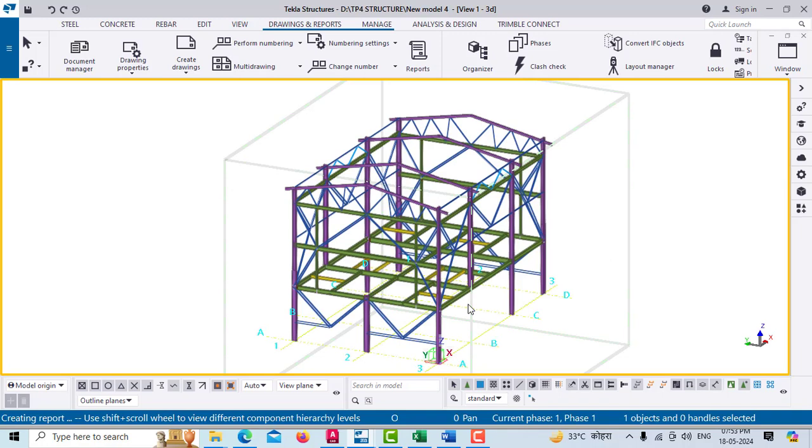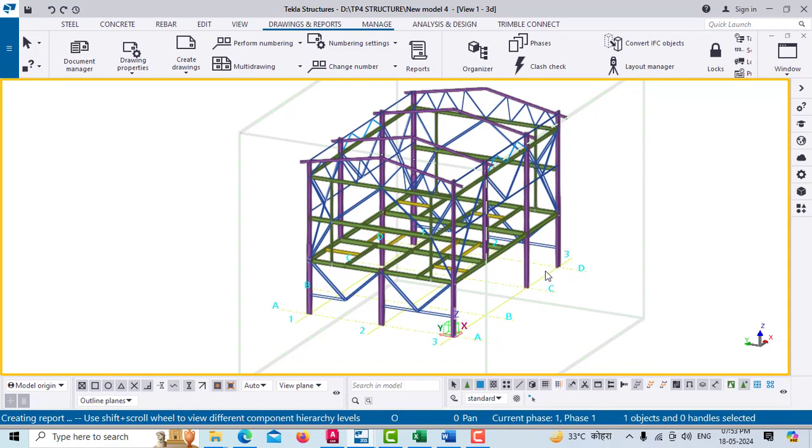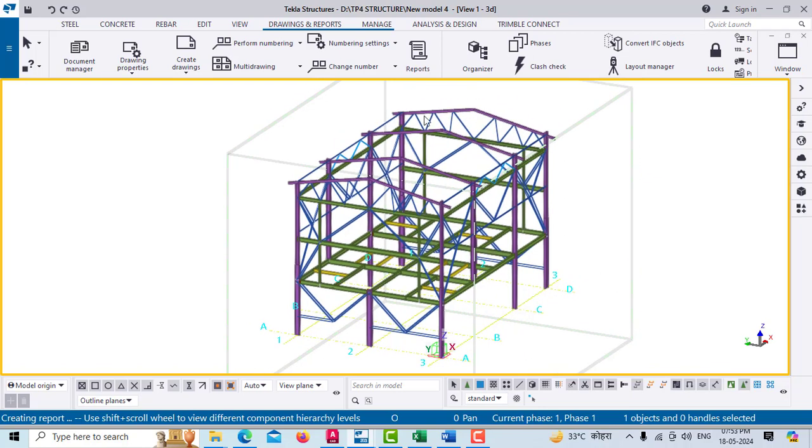Today we are going to create a detailed report. In this report, we will see how to create a Tekla Structures report for the assembly and a beam. We can also create a report for the number of bolts that we require to assemble all these beams and columns. So friends, first of all we need to